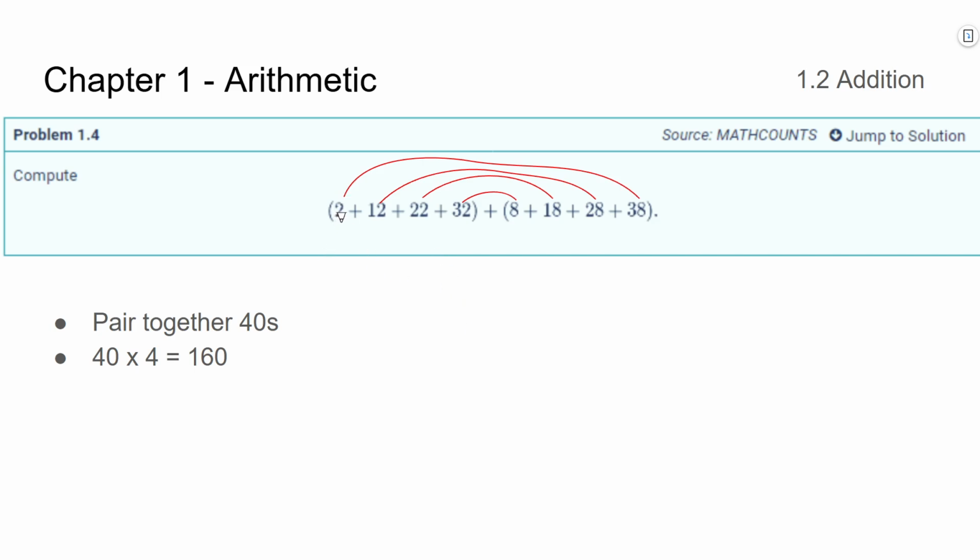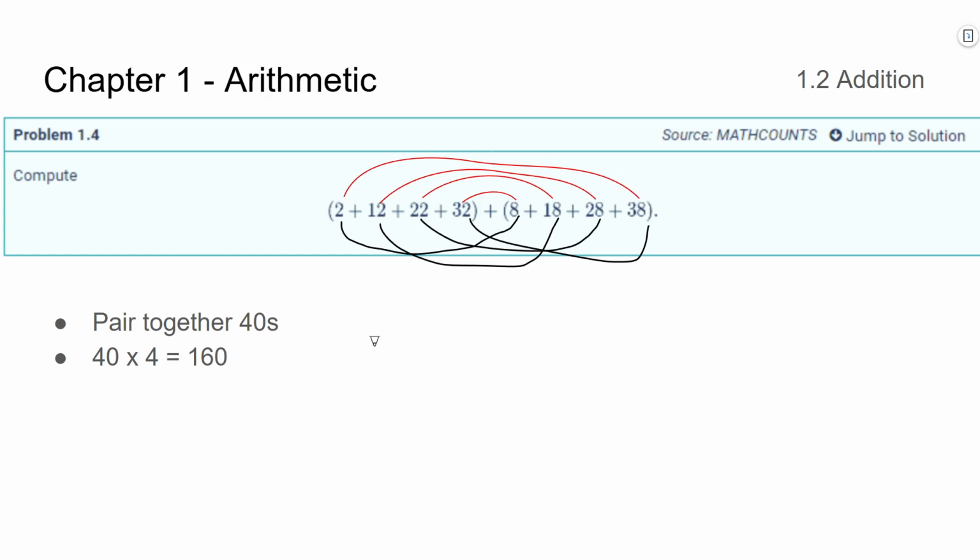One way to pair them together, you could say 2 plus 8, that would be 10. 12 plus 18 would be 30. That would be 50, and that would be 70. That would make this easier, because then you're working with multiples of 10, and that's a pretty easy way to add them. But an even easier way to add them is this top way of doing it, because if you